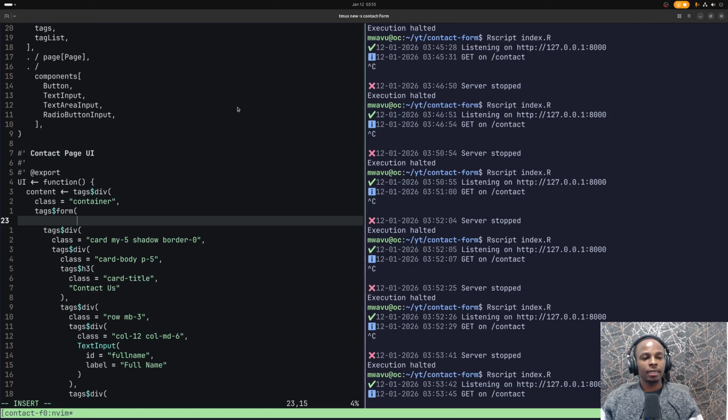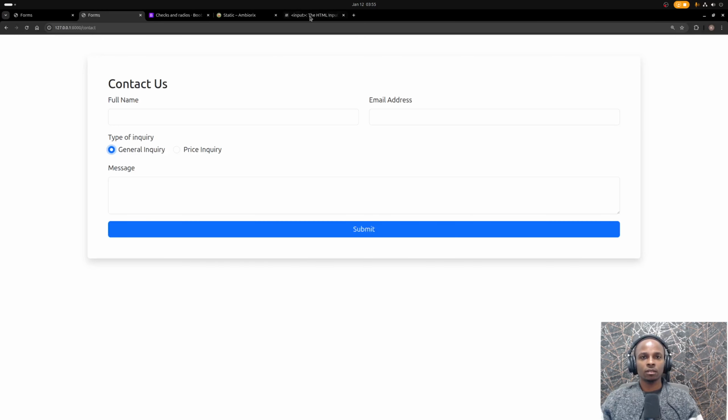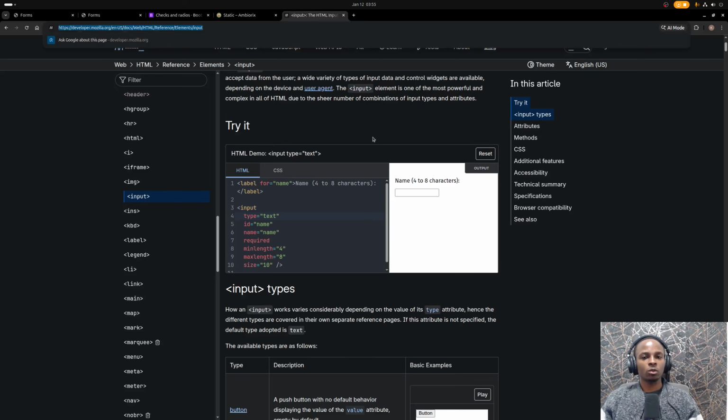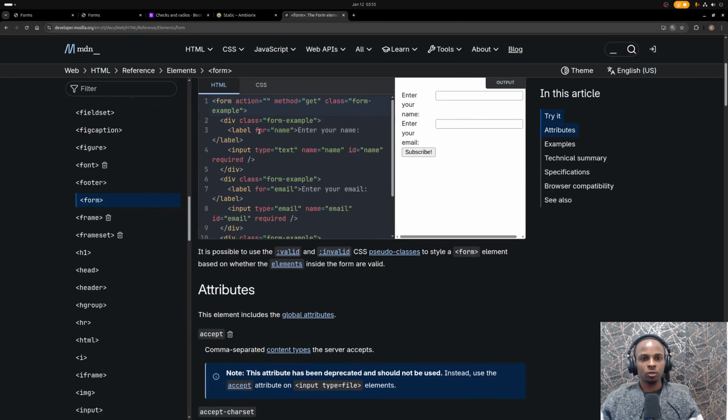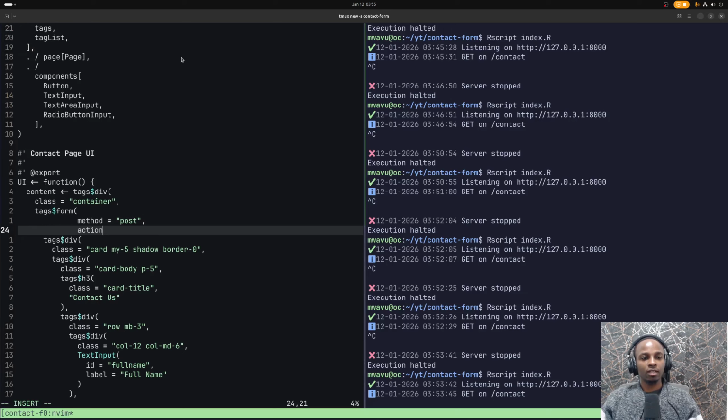Now for the form, it needs a few things. First of all, we need the method, and here it's going to be post, right? Let's come here and search for HTML form, go to MDN, and so for form, we have the method. In our case, we need it to be a post, and then the action is where the form will be submitted. In our case, we need the action to be /contact where we are,